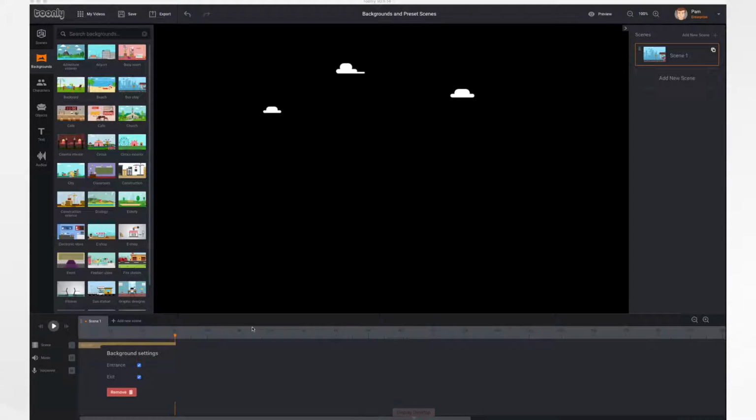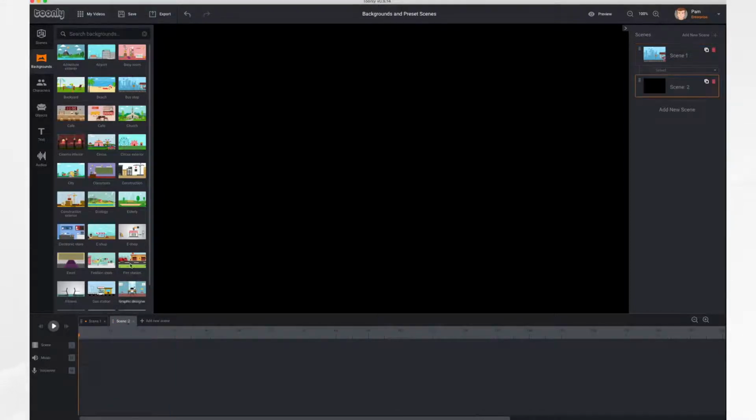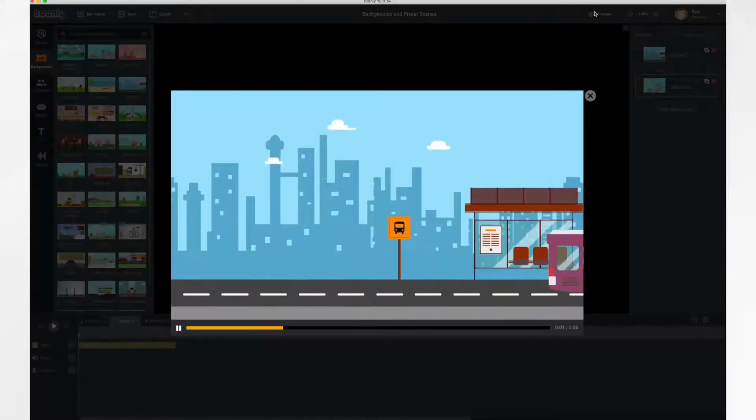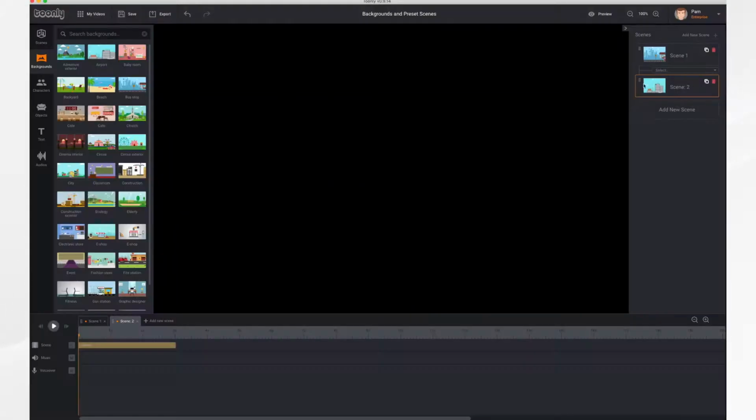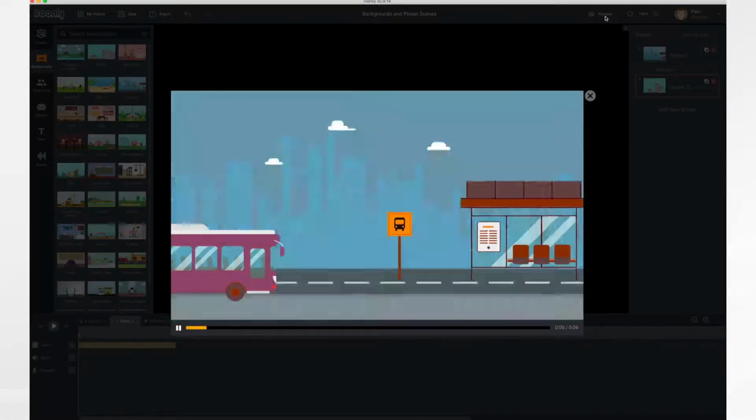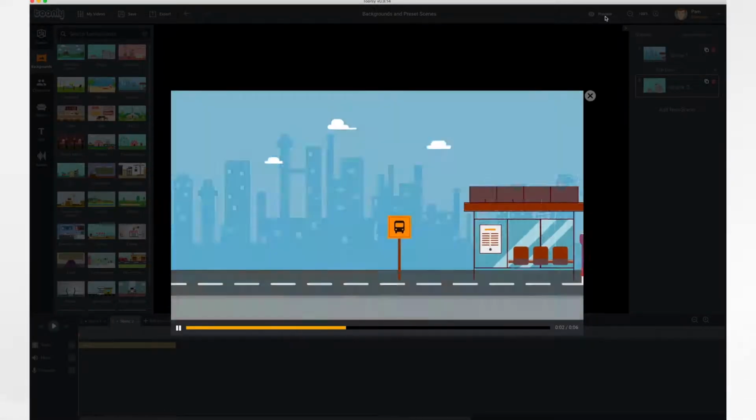For example, let's add another scene with a different background. Let's find the airport and select it and place it in our screen. And I now have the bar representing the airport down here. If we click preview, you'll notice between the two scenes, it goes to black. If you don't like that, or if you add a transition between the scenes and don't like the fact that it goes black and then has the transition,